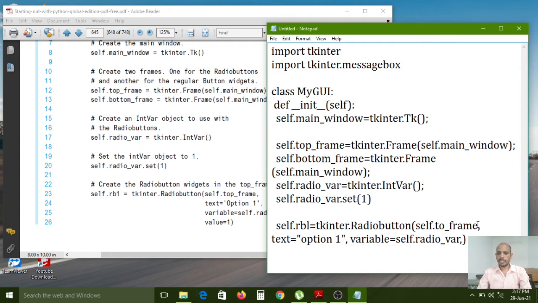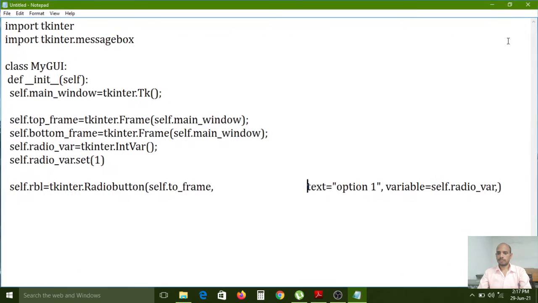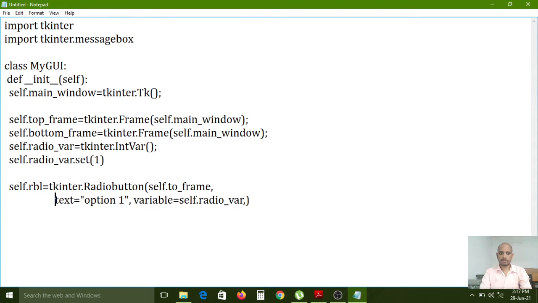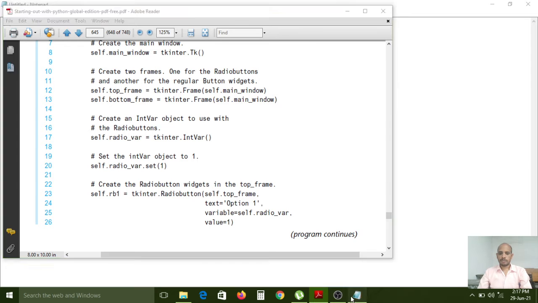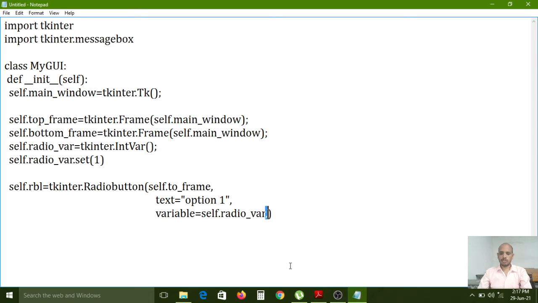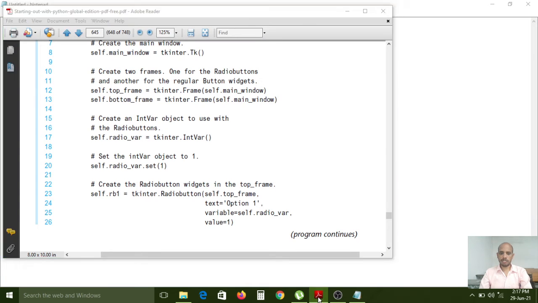So for creating the radio button you can write like this. Along with that, a value also you need to give, value equal to 1.